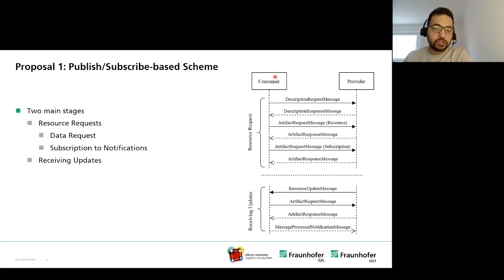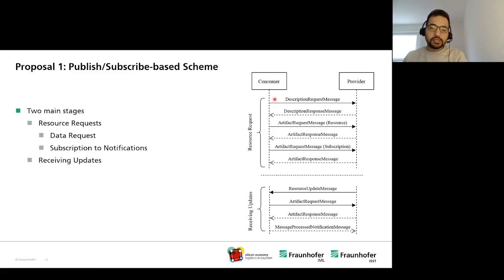They exchange specific IDS messages, and in our defined sequence, the consumer first initiates a data request, because the base of IDS is a request-response model to ensure that the owner always has control of who has access to their data.